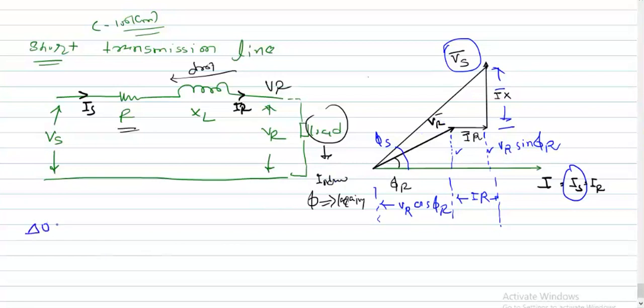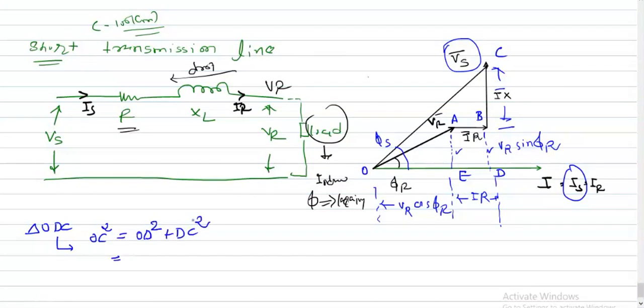Let's say I label the points O, E, D. This is A, this is B, and this is C. So I'm using the full triangle ODC, and applying Pythagoras. OC square is equal to OD square plus DC square.